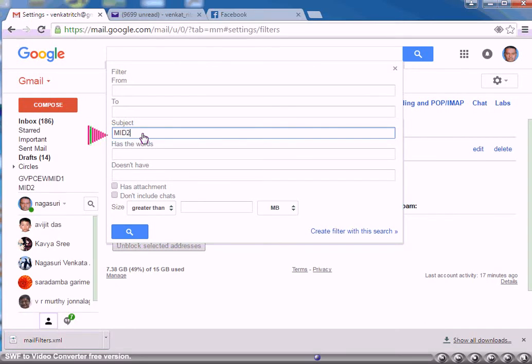For example, if we want emails coming from a particular email ID, you can specify the same in from field. However, I wanted those emails which are coming from anywhere but having subject as mid2. Thus, I have entered mid2 in the subject line.